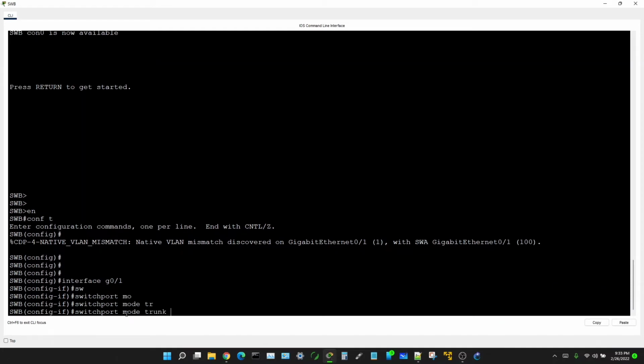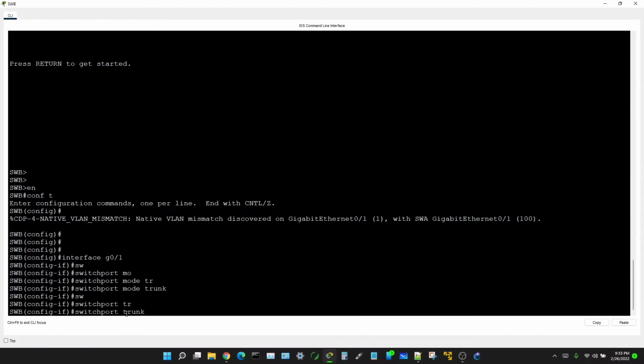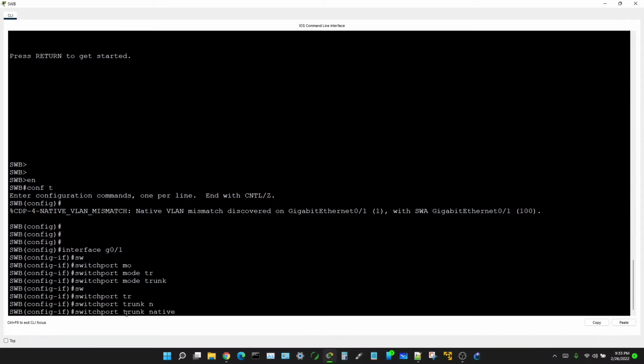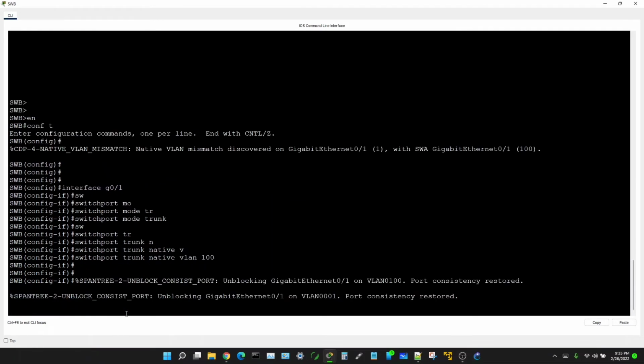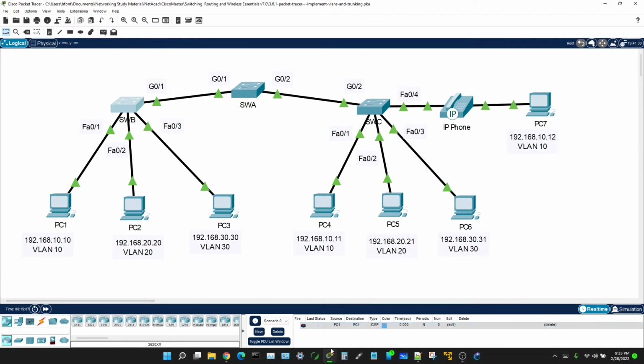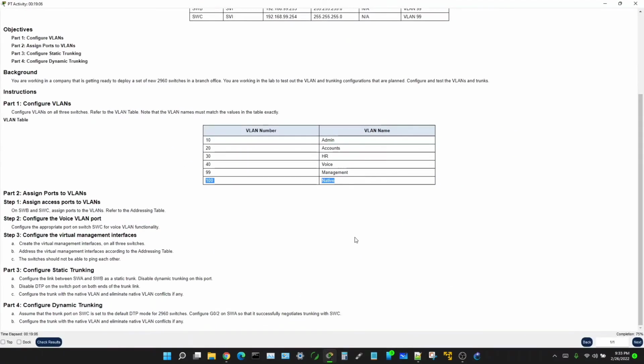Switch port mode trunk, switch port trunk native VLAN 100, and that will then restore consistency on configuration. Now we are pretty much done with that. So the next thing now